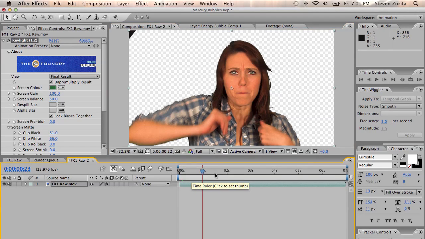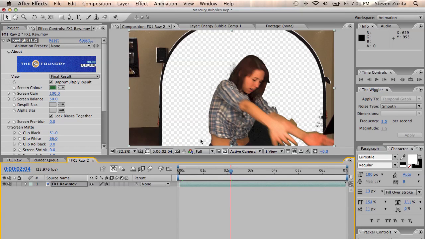Now, as the camera zooms out, you'll see that, as you expected, only the green has been removed. And then there's portions of shadow. Well, this is a real life problem you have to deal with sometimes, and that is sometimes your green screen isn't the perfect solution. So what do you do then? Well, you have to rotoscope. So at this point in the effect, you have to sit down, bring out your pen tool, and then just rotoscope